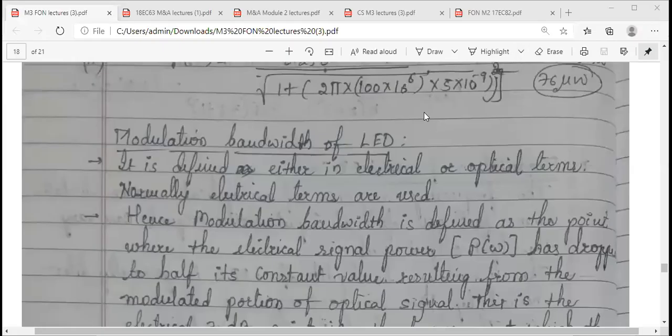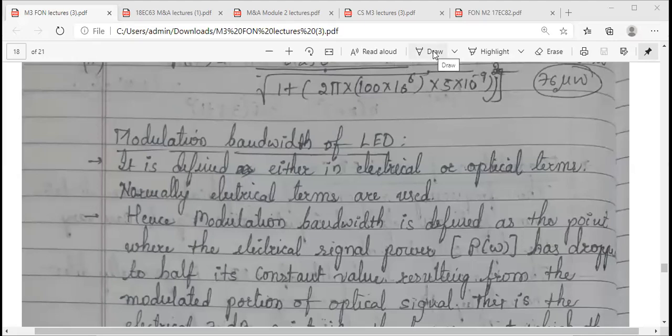In today's session, we will take one small concept on the frequency response. This we had left while dealing with the LEDs. We have seen the different structures, the different types of LEDs, and the materials used to fabricate them. We have also seen efficiency, quantum efficiency and LED power in the previous session. This one small concept was left out, so let me take this and then we will move to the laser concept.